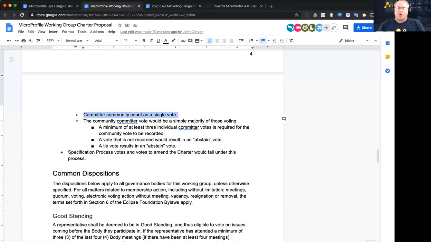And you would have a vote that rolls up along with all the other committers into a single vote that's equal to a vendor or a member user group. So you have a direct voice that way. And then the third way is you join as a strategic member, and you have a vote on par with anybody else in the decisions that need to be made.